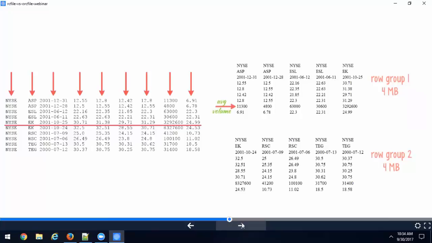So now if you want to do average volume, it's very, very simple, right? You read the columns from each row group, just the volume column, because you can read it sequentially, because of the columnar benefit. You can read the volume column sequentially, just read it from each row group. You don't have to look at any other column. You're not skipping any columns here, because volume is stored sequentially within each row group. So you start from row group 1, read all the volume, done. You go to row group 2, read all the volume, and do an average together, right?